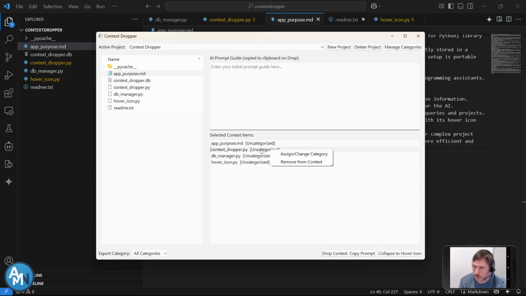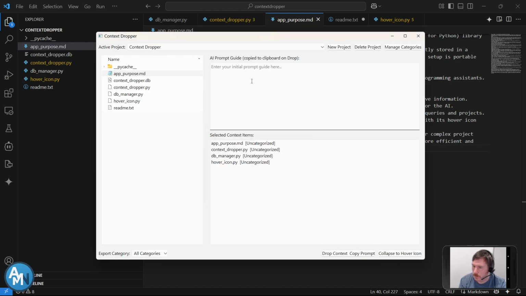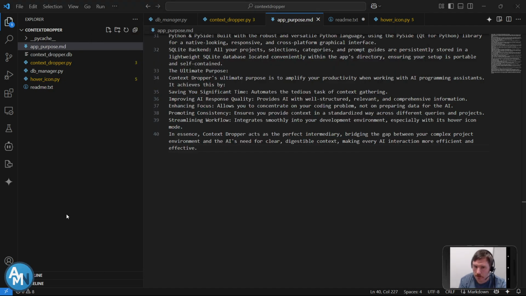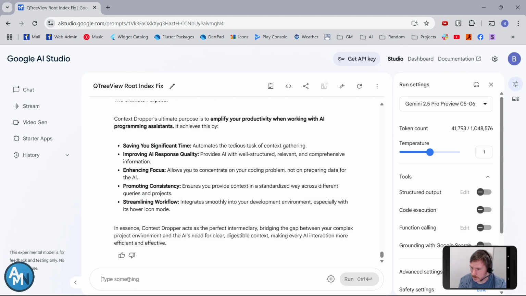And how do we categorize? Well, we can assign and change categories. Cool. And create categories. Nice. Yeah, initial prompt. Okay. I want the initial prompt to be a lot simpler than what we've got. So, initial prompt